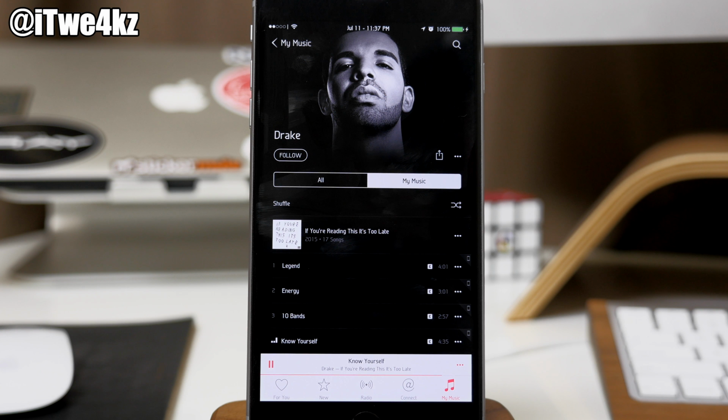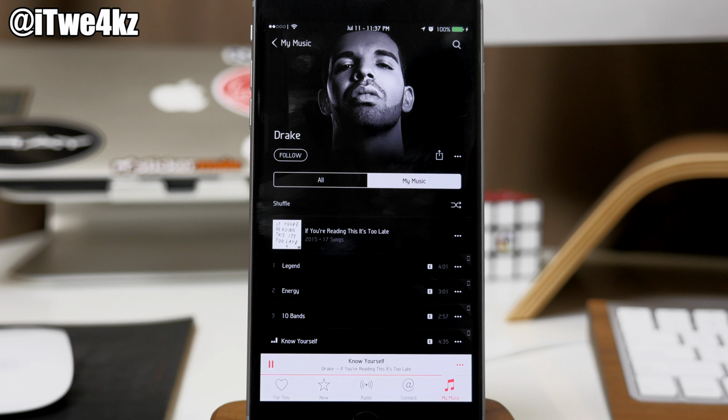So what this does is allow you to rotate the music app, because in iOS 8.4, you aren't allowed to do that by default. But you can see right here that now if we rotate, it's going to rotate just like you normally would have it, and you can access all your songs and everything right there in landscape